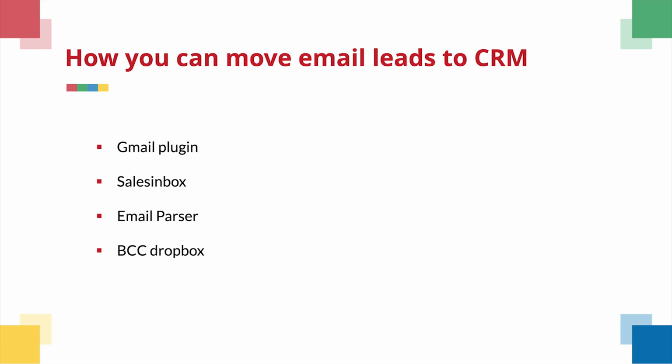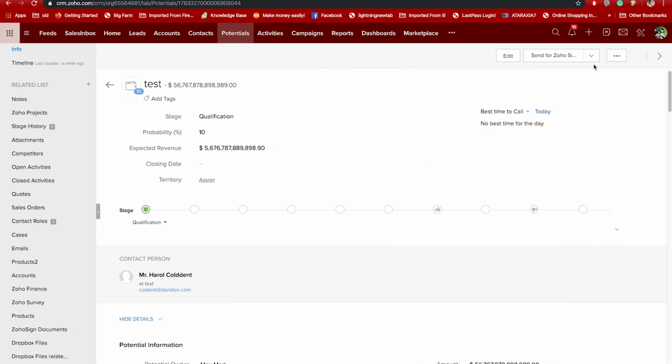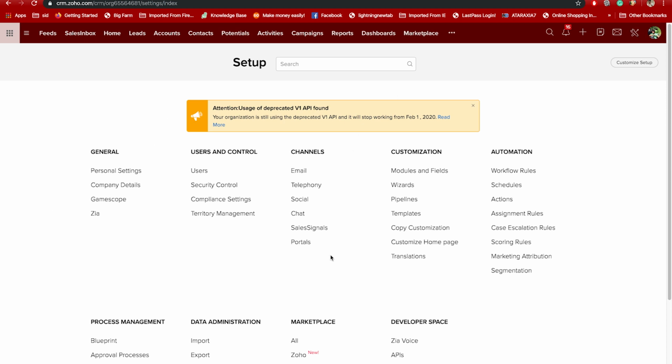An email parser cuts down the time you spend on manually entering customer data into your CRM. For example, if you get a weekly report summary sent to you over your email, an email parser can extract the information from the report and feed it into your CRM.